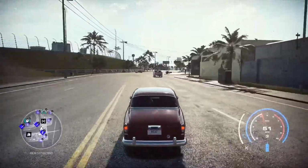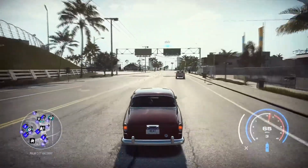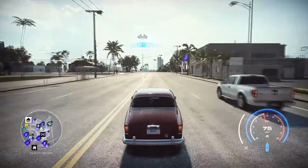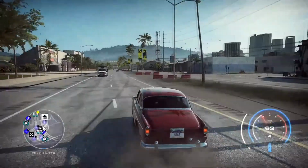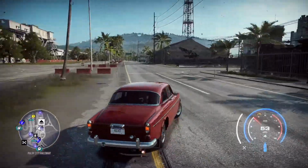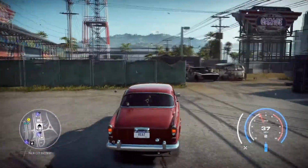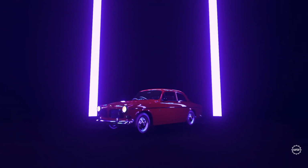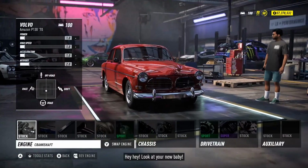But what we'll do, we'll build this as a proper 70s muscle, to be perfectly honest. And Volvo has always been known as Swedes, because they are a bit crazy with the power and flames. I presume, looking at most of these builds from that era, they've been stupidly overpowered and they had flames. Then we'll see, can we do something similar here. We'll see what engines are available for this car, and what we can do in terms of body. But we'll start with performance, because I'm interested, can we put over 1000 brake horsepower into this